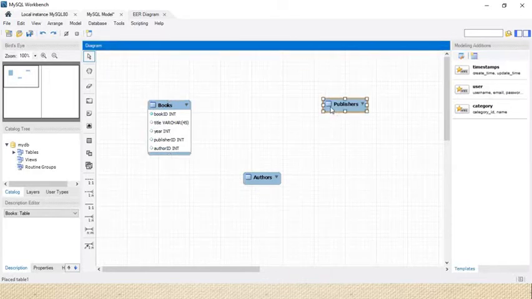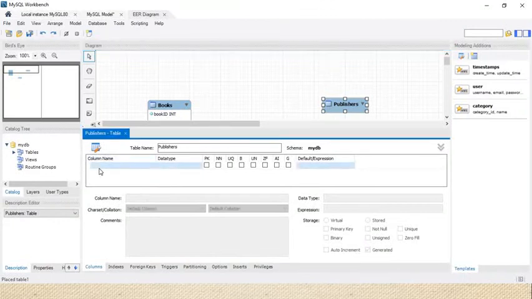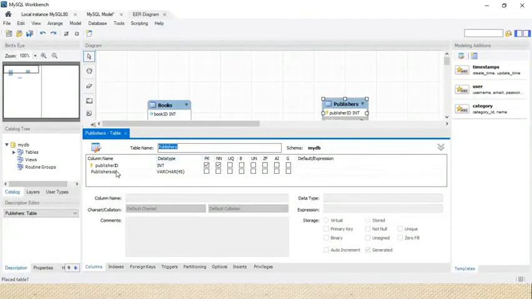So click on that publisher. See, we just need to use drag and drop. Don't worry about that. So in the column name we require a publisher ID. What type of data do we require? Int. Can I use it as a primary key? Yes. So here we need to use primary. Not null value? Yes, we need to use not null. Okay, so done. The publisher ID is available.